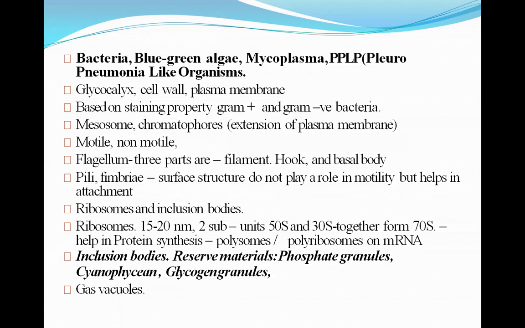The inclusion bodies are the reserve materials, right? The inclusion bodies means wherever the food is reserved, that is the phosphate granules, cyanophycin, or glycogen granules. So these are different: phosphate granules, cyanophycin, or glycogen granules. These three are said to be the reserve materials which are present in the prokaryotic cell in the form of